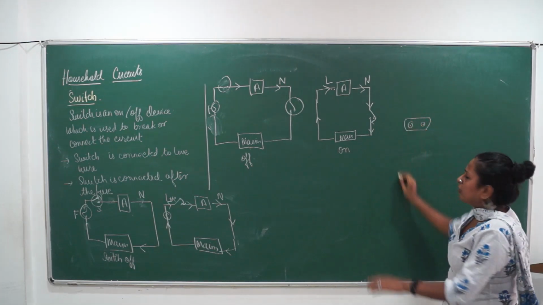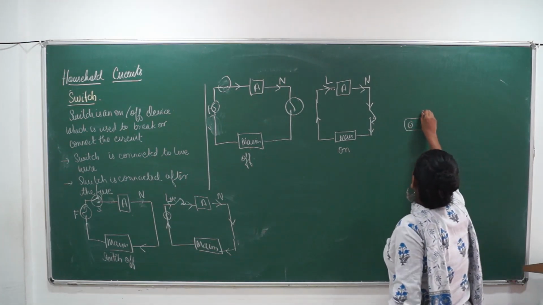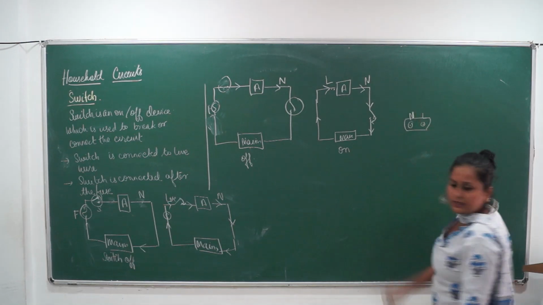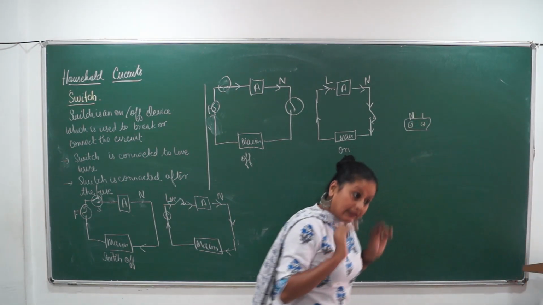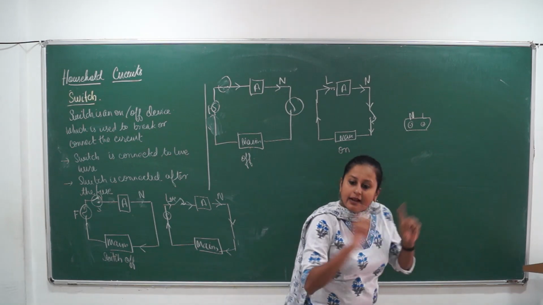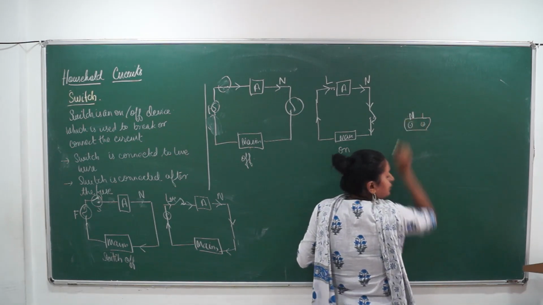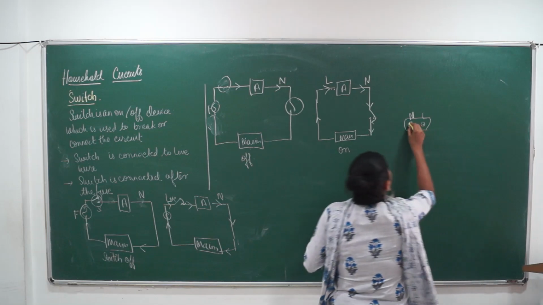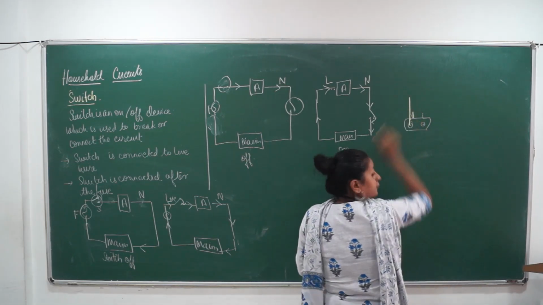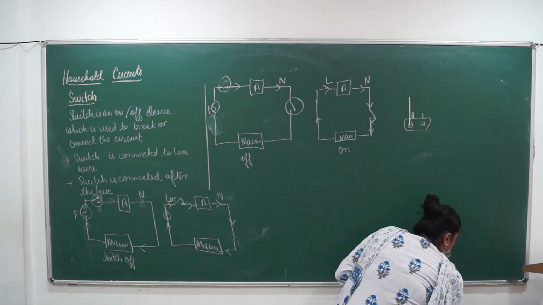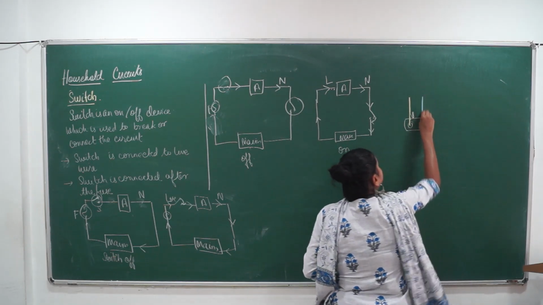Fine, I'll show the live wire. This is the live wire. This is where the neutral wire will go. The connection that goes with the neutral in the ring, we connect it to the neutral. So the neutral wire has entered from here, and the live wire has entered from here.